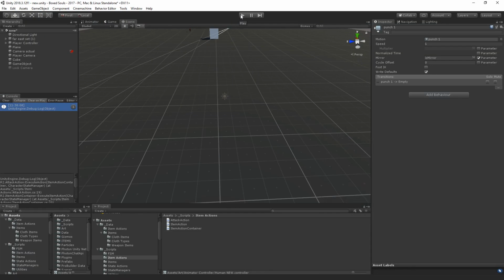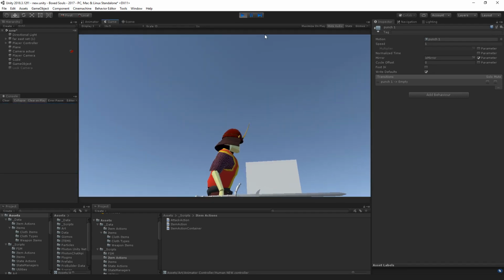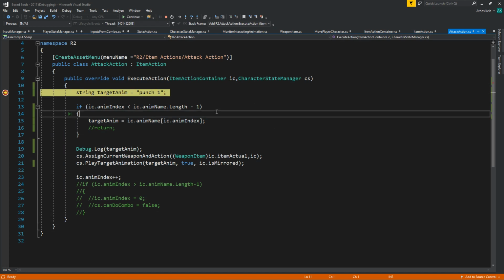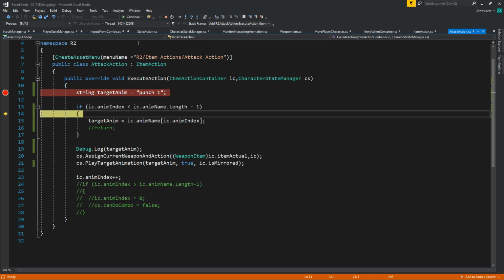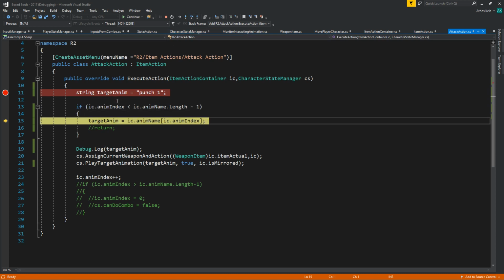Okay, so let's hit play. And I'm going to press to attack. So here's a breakpoint. Okay, so far so good. And let's go in. And as you can see, we're going inside, even though we don't really want to go inside. The reason why we're going inside is that our item container does have values, but they don't have any